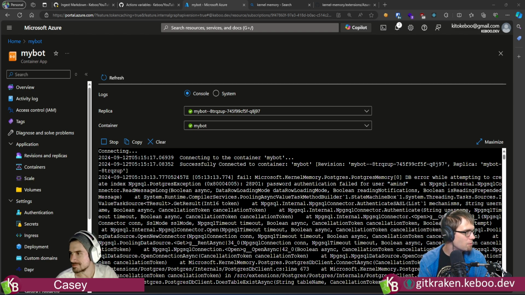Sorry, I'm going through our settings now. Let's see. In memory, data ingestion, services, embeddings, Postgres. Oh yeah, hey, look at that. There's a password right there. Boy, my old password was really short.